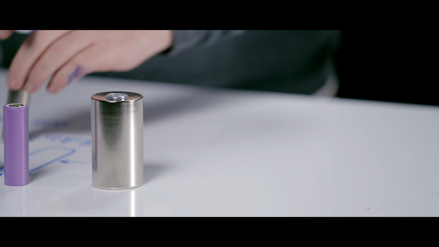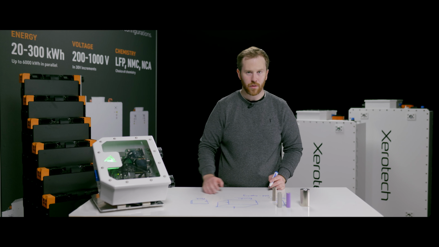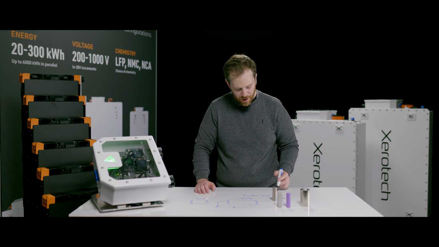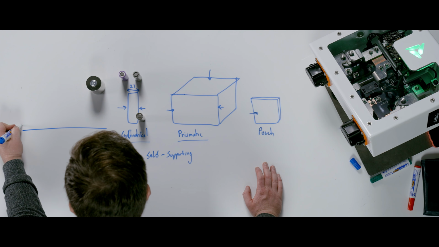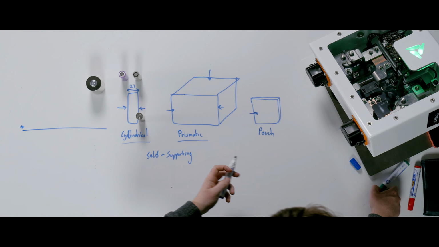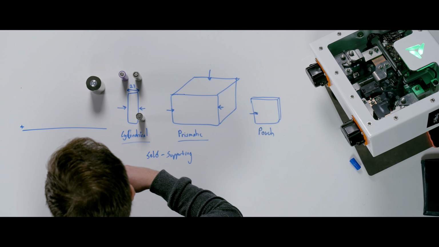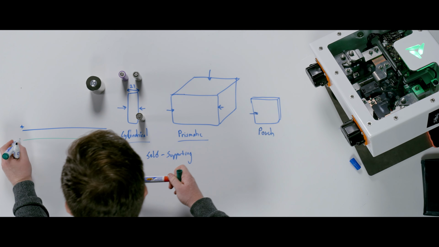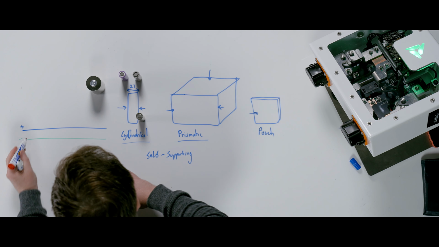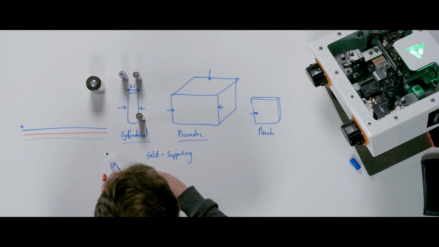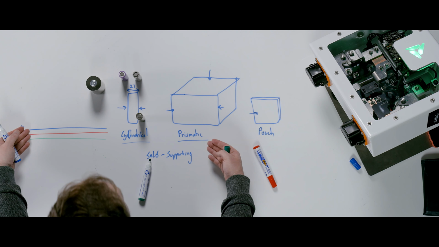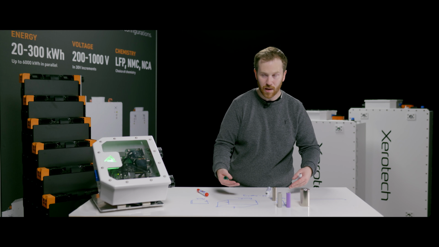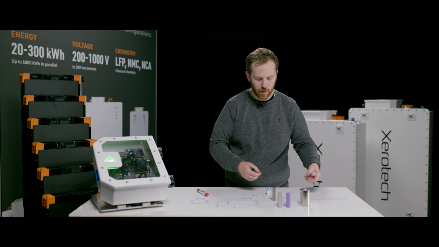Inside of a cylindrical battery cell is something called the jelly roll. The jelly roll is basically, if you have a battery, in a very simplified case, it's got plus, it's got minus, and it's got a separator in between. So if you took that and a battery, you could actually unwind it out like a sheet of paper. But instead, to make them more energy dense, we roll them up.